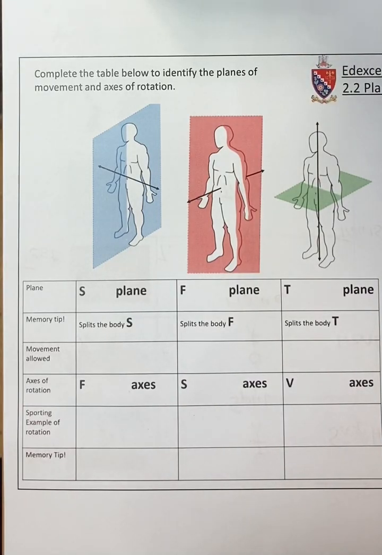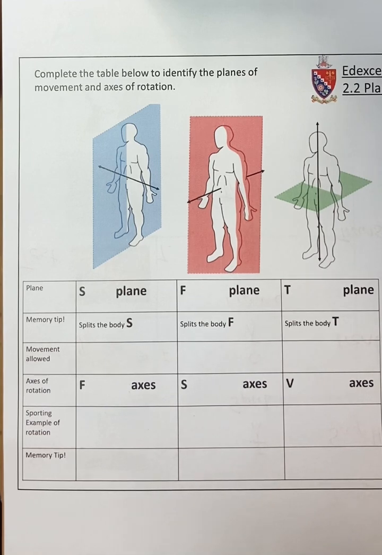Welcome to Homework 23, which is planes and axis of movement. This always comes up in your test, guaranteed to be on there. It's worth about 8 marks normally. And again, it's one of those things where it can be quite tricky to understand and picture, but we've simplified it down for you, and hopefully with this memory technique, it will help you remember the planes of movement and the axis of rotation, so that you'll be able to apply it properly